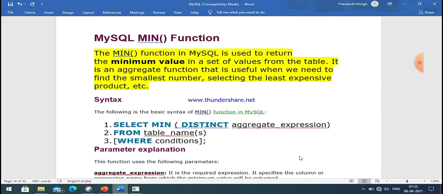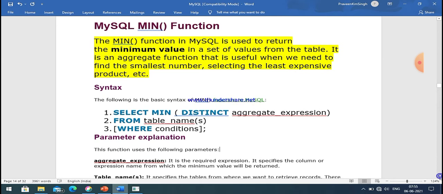Next important thing is that if you want to allow duplicate or null values, then you can mention the all keyword with the column name. Actually, if you write just all before the column name, then all values are counted, but if you don't mention all, then the default is all also.